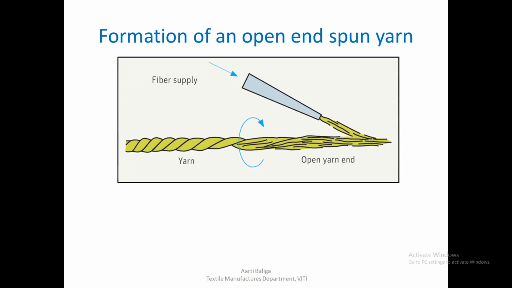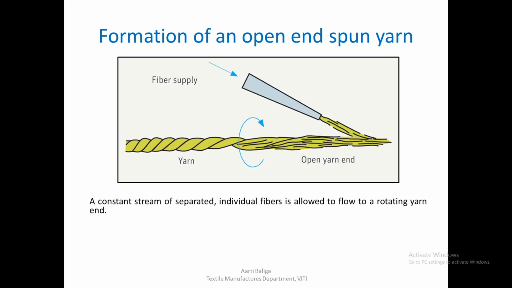So this is a diagram which could simply explain. This would be your seed yarn, which is already a small short length of yarn which is being fed here. And what happens is, on the other end, where it is open, there the fiber supply is done, and since this yarn is rotating and is being withdrawn at the same time, it will move in this direction from right to left. It is being withdrawn on this side, and as it is being withdrawn, the new fibers get joined here, they get twisted here, and you're getting continuous length of yarn.